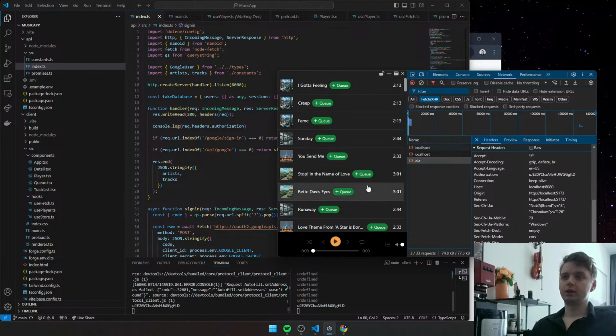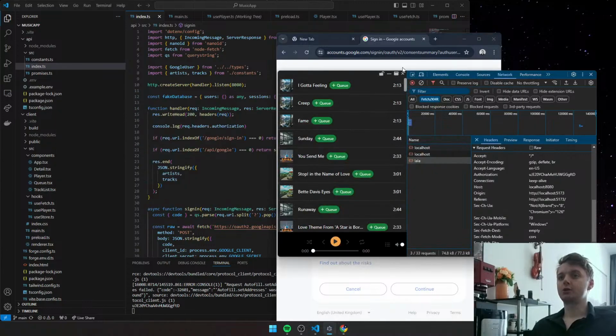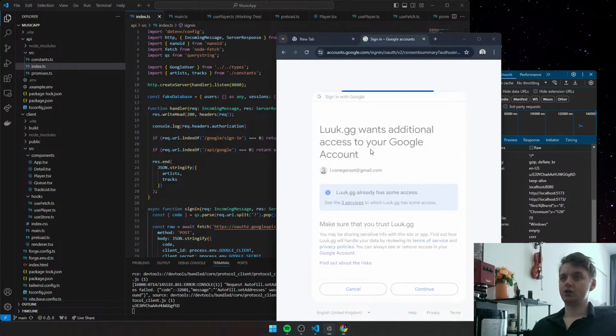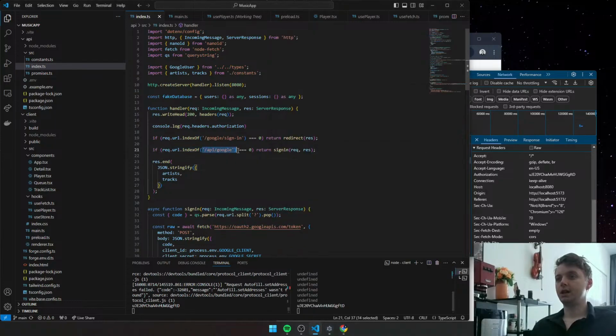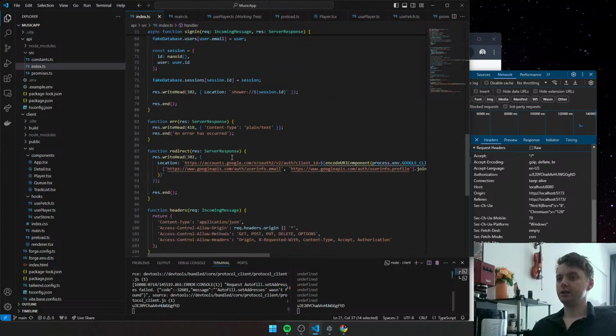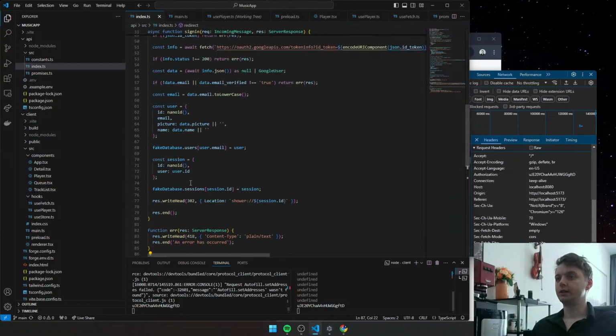So when I look at this code here, I see some problems, which is that from here, we get redirected to the server that immediately redirects me to this app. And so this thing just stays hovering in some kind of weird state and it doesn't look good. So what we need is this callback, this API Google callback, instead of giving me this response where we just immediately change the location to this one here. Instead of doing this redirect, I know I want to actually